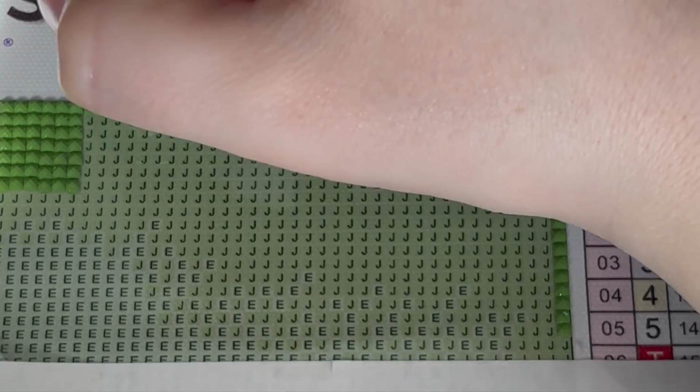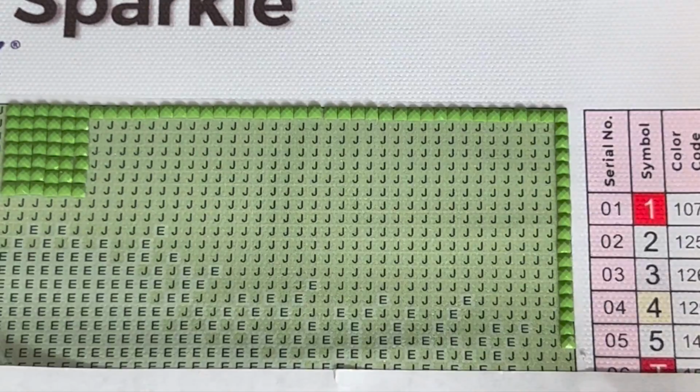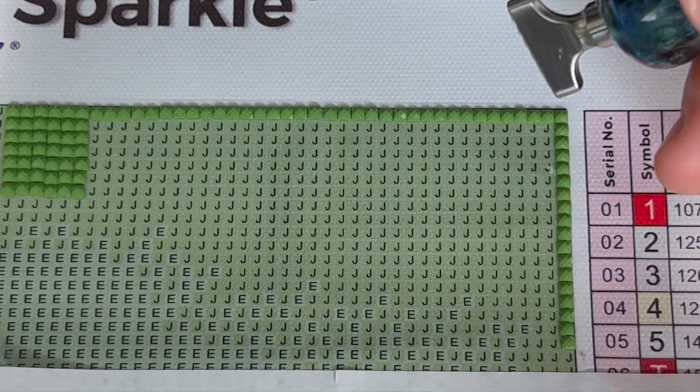Now, the important thing with the new square grids is there's not much room for error. So with the old grids, there was some gapping, and